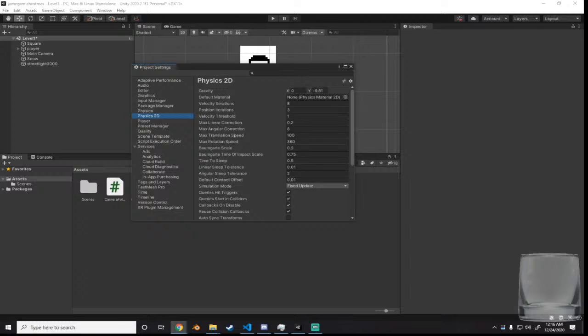Of course, this light has no effect yet on our sprite. I'll now select the light map and change its texture type from Sprite 2D and UI to normal map. I'll then toggle on the create from grayscale checkbox and reduce bumpiness to 0. I'll leave all the other settings at default and hit apply. Last but not least, I'll create a new Unity material and name it character matte. I'll set the shader type for this material to legacy shaders, transparent,